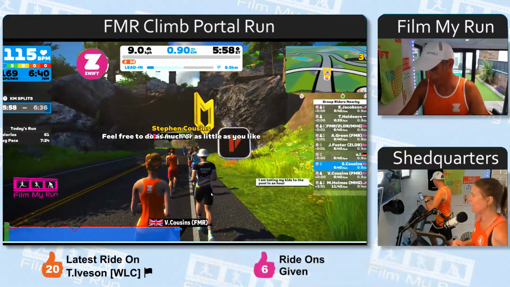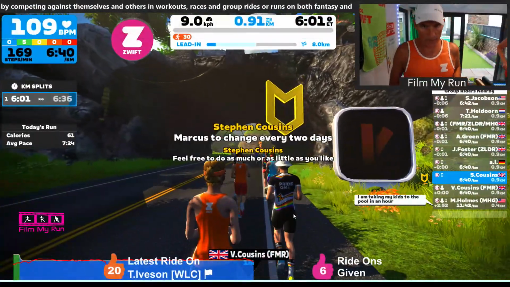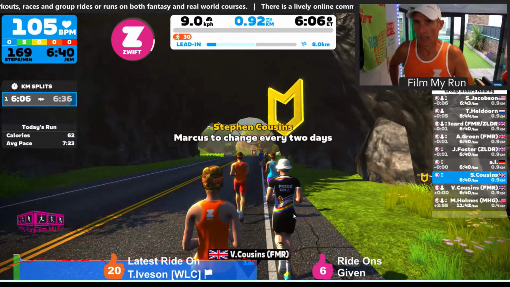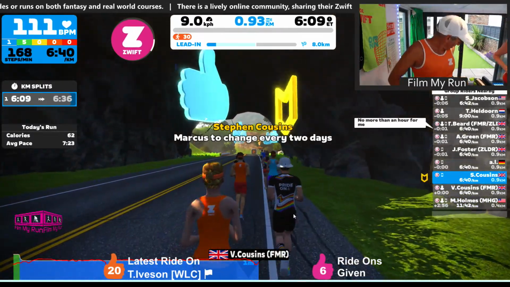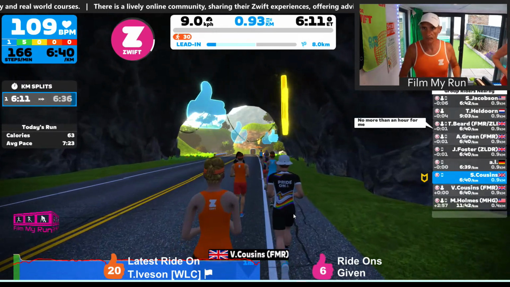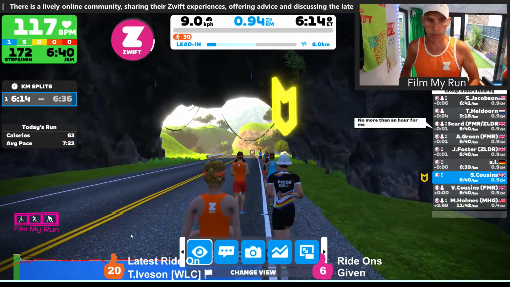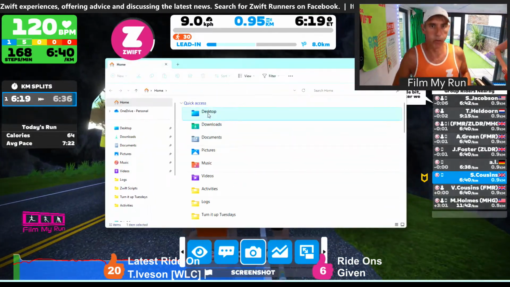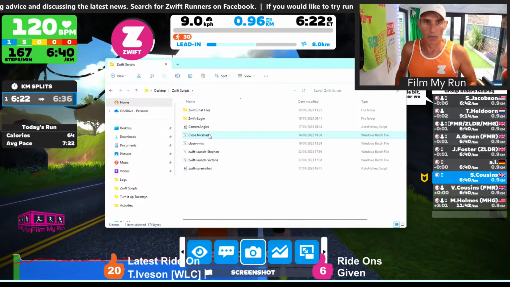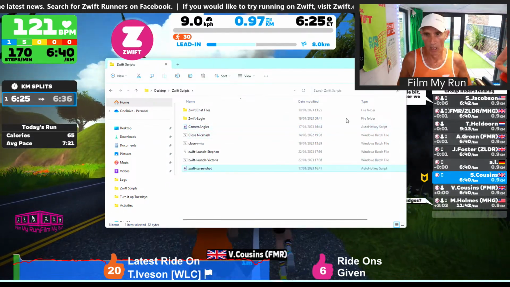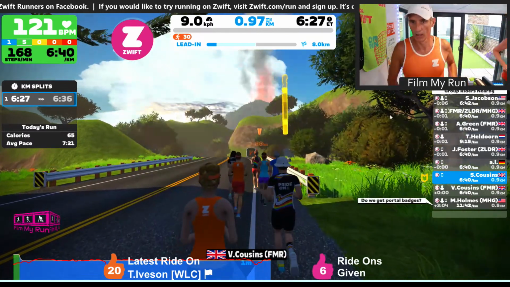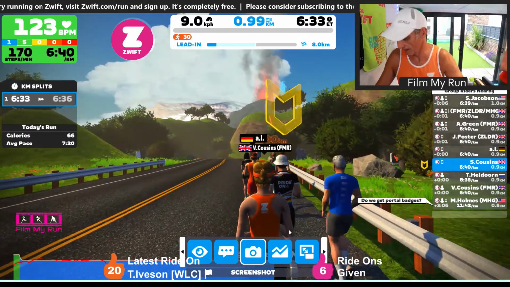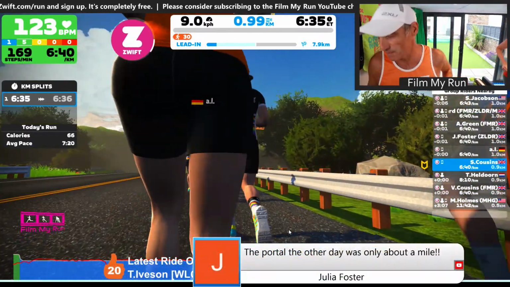I wouldn't want to run regularly in it, and I wouldn't want to run a long distance, but for a bit of fun, to mix things up, I enjoyed it, which was why I'm here again tonight. Jeff said, hence the reason why he sat at home drinking wine and not running with us.